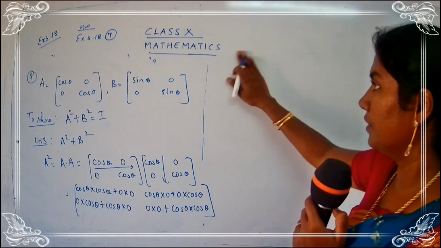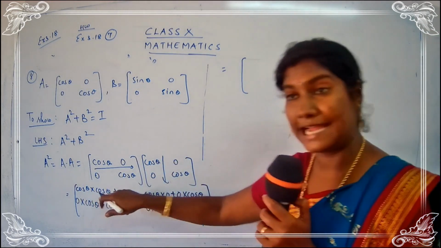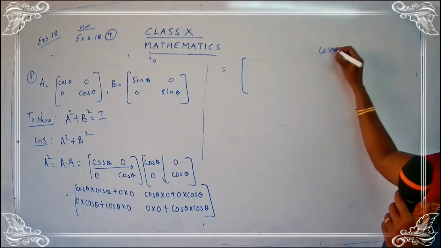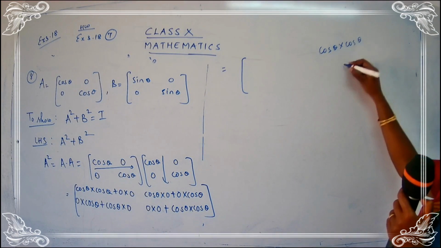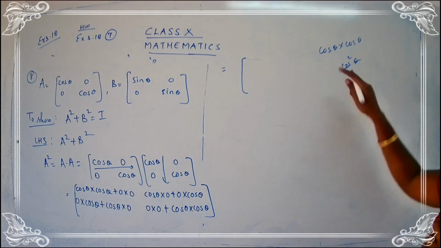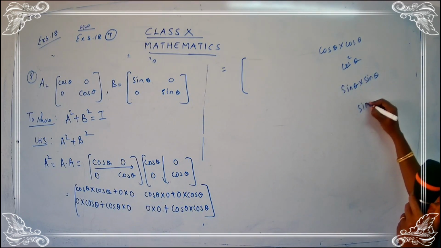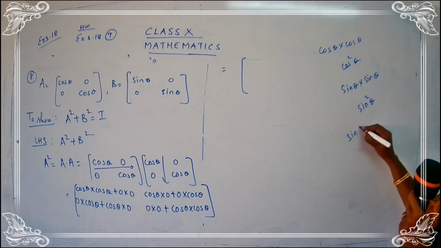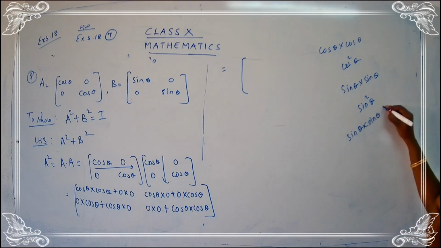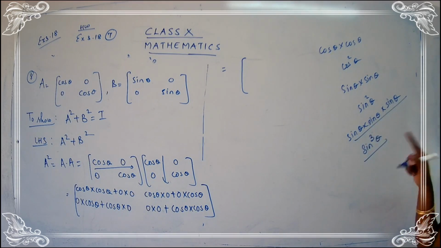Let's do the multiplication part. So this is equal to cos theta into cos theta. I have told you how to write the answer. Cos theta into cos theta gives you cos square theta. Okay, children, keep this in your mind. Cos theta into cos theta, cos square theta. Sin theta into sin theta, sin square theta. If you have sin theta into sin theta into sin theta, how to write this? Sin cube theta, 3. So sin cube theta. Getting my point? Okay.